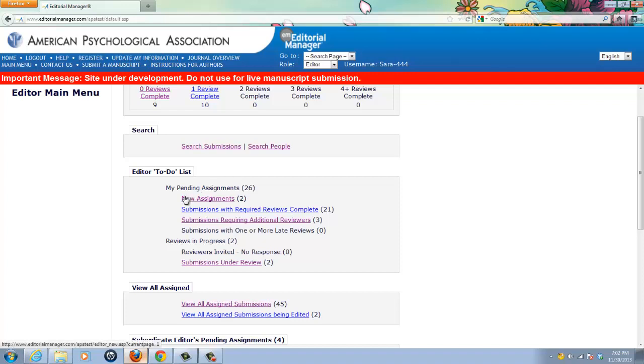Related to this is my second point. A manuscript in EM can exist in more than one queue at a time, depending on whether it meets the requirements of multiple queues. For example, an item could be in the Submissions Under Review category, or queue, and it could also be in the Submissions Requiring Additional Reviewers queue, as rules for both queues could be satisfied by the situation of the manuscript at that moment in time. If you are confused by this,